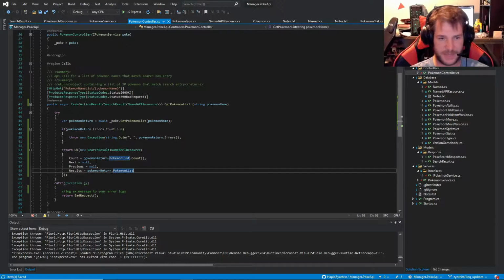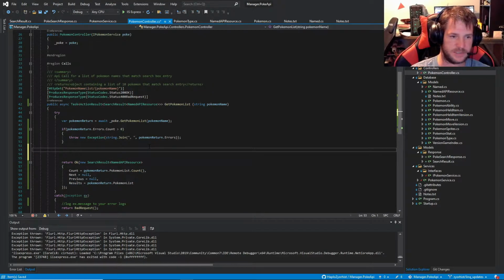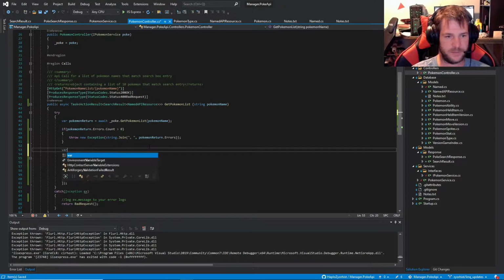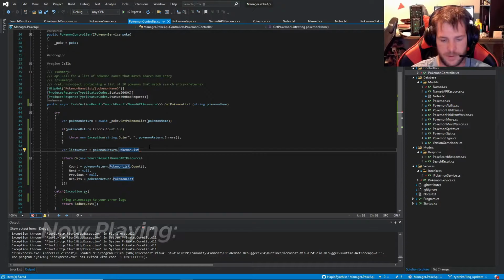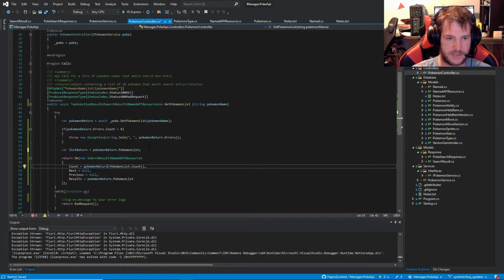Now, I don't like passing in this return object directly and just getting this out, because what if we change it later? We want to make sure that this is clearly marked for what we're doing. So I'm going to create a new var, which is going to be a list of named API resources. So var list return, just because that's what we want to do, equals Pokemon return dot Pokemon list. Okay, and then